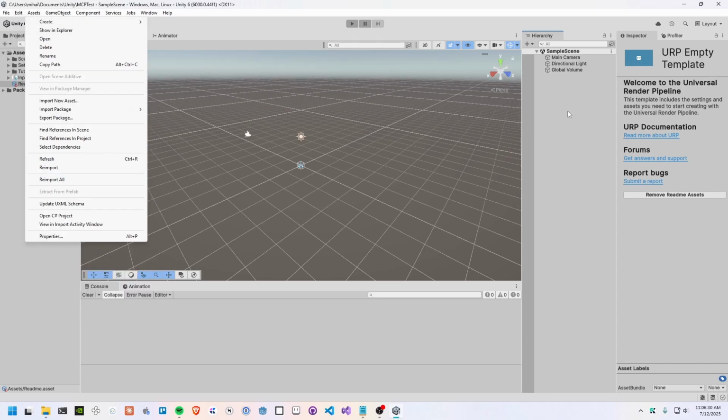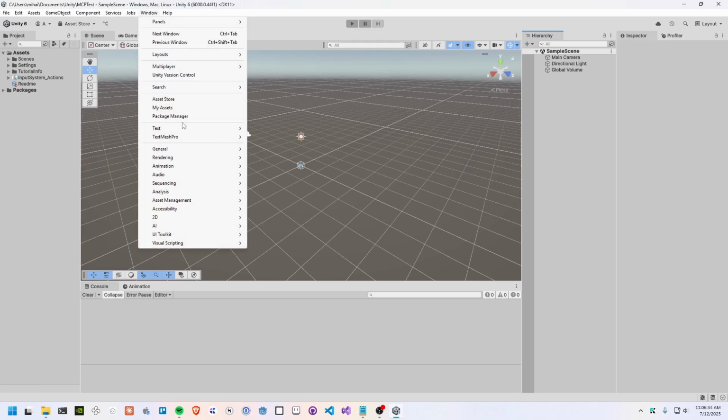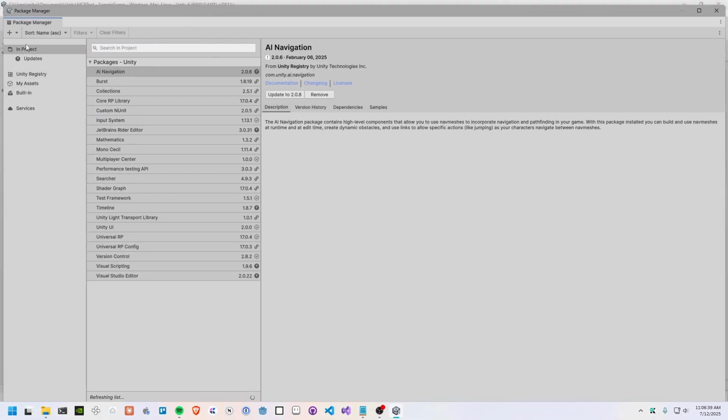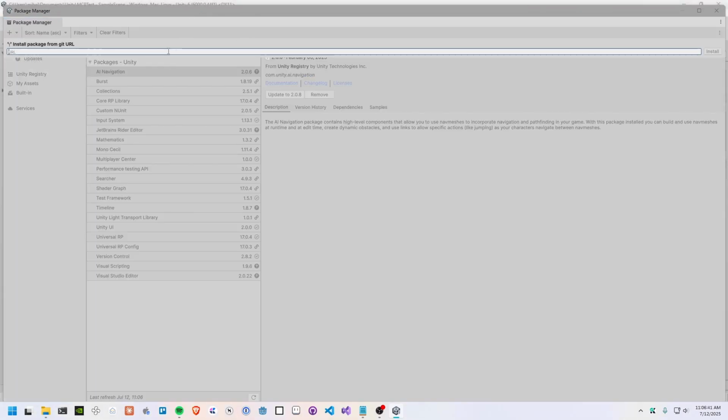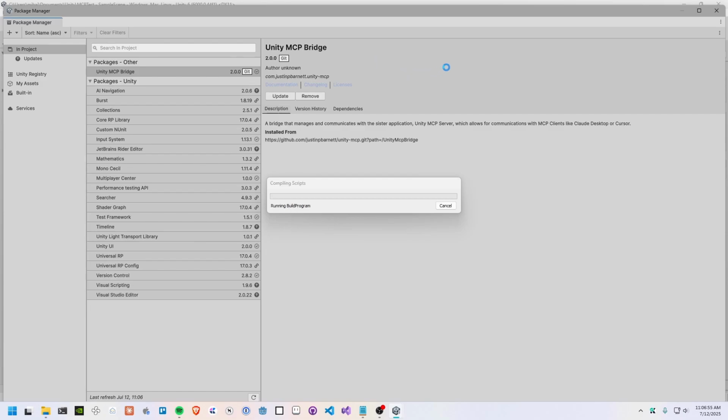But what we're going to do is now we have an empty scene here, and we're going to install a package from GitHub over here, from git URL, and we're going to use this one, UnityMCP Bridge by Justin Barnett. We're going to install it. It's going to do its thing over here, and we're going to set it up afterwards. So after it's done here,